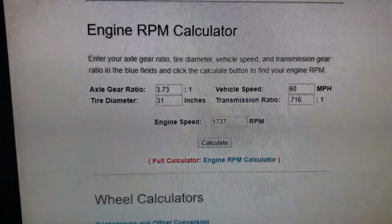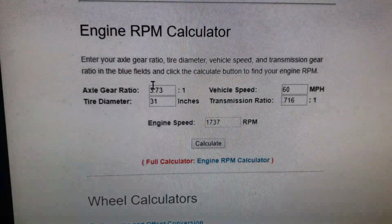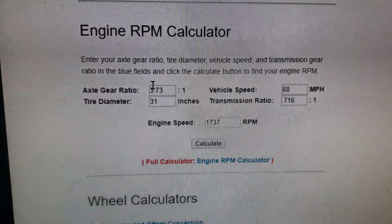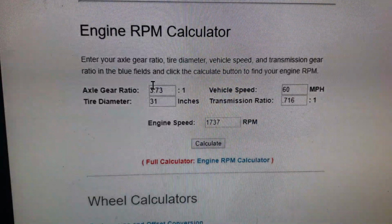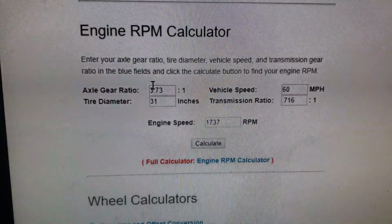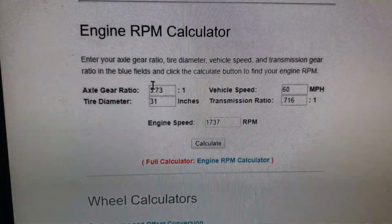All right, so again, I apologize for the flashing screen. I was going to do this all on a whiteboard. I just don't have enough room on a whiteboard to do this all at once. So try to ignore the flashing screen. But it's commonly asked, what gear ratio do you run, what tire size do you run, and what do you recommend? So let's start off with